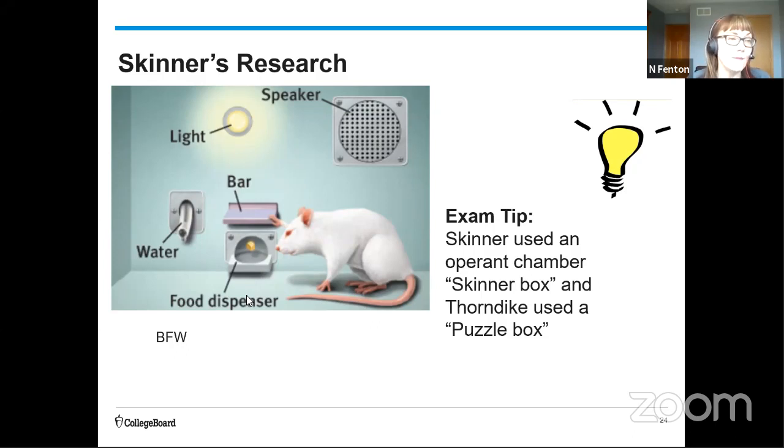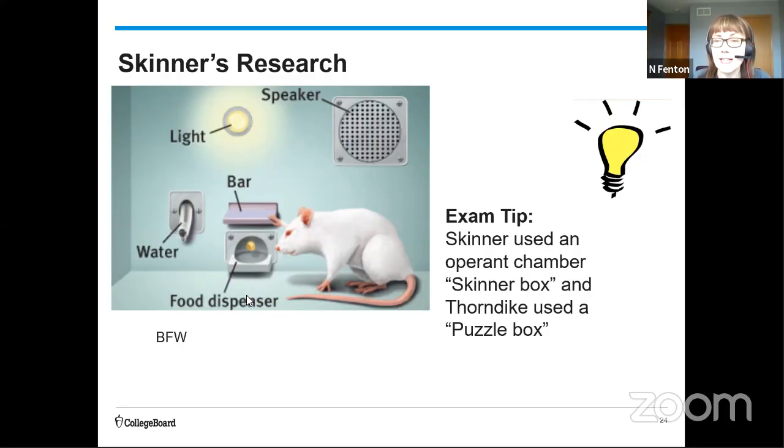It could also be conditioned so that pushing the lever only results in food if the light is first turned on, right? So the rat can learn that. It could also study punishment, because potentially if the rat pushed the lever, it could result in a punishment for the rat, maybe like a really loud noise from the speaker. In which case the rat would be less likely to repeat pushing that bar because he was punished.